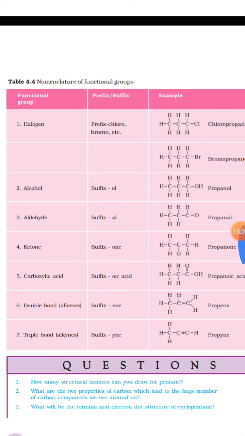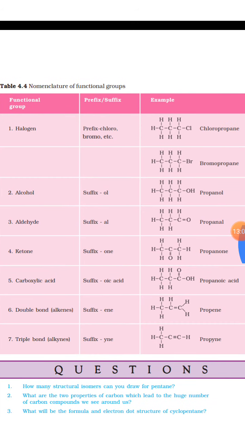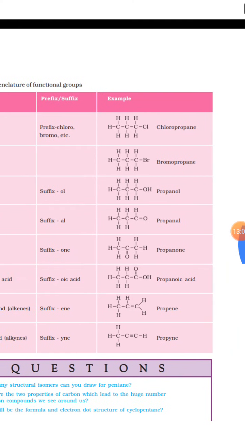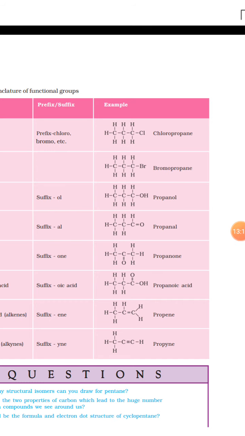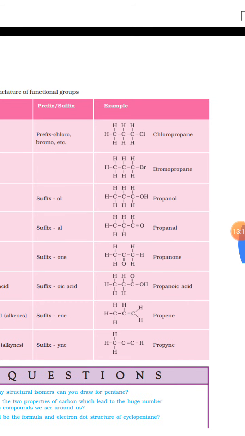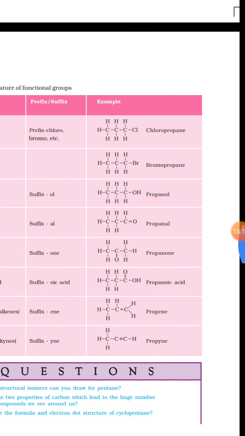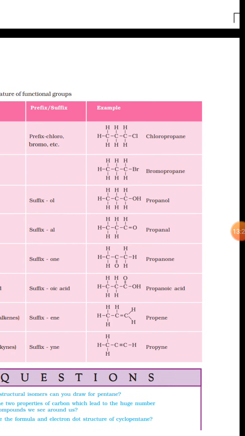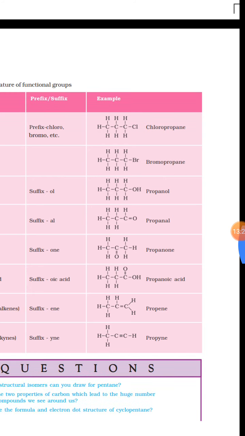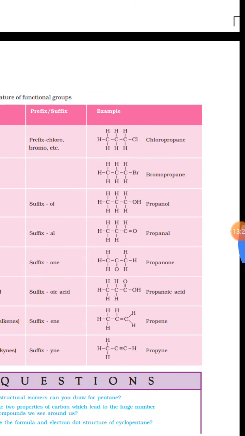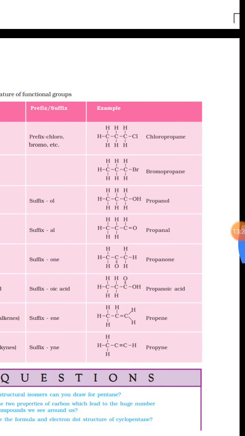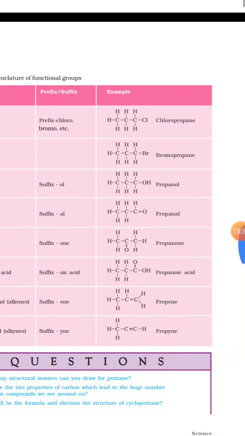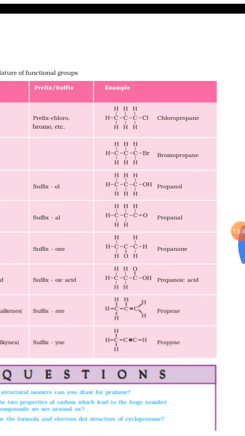Now, prefix and suffixes. If we talk about halogen, the prefix chloro is used, bromo is used. When Cl comes here, you can see 3 carbon atoms with 7 hydrogens, that is C3H7, and 1 chlorine. Students, imagine if in place of chlorine we add 1 hydrogen, then this compound will become propane. What we have done here is removed 1 hydrogen and added a chlorine, so it becomes a compound with a functional group, chlorine. We can also form a homologous series, but it is not required in this particular table.